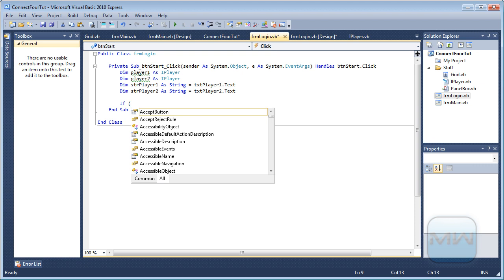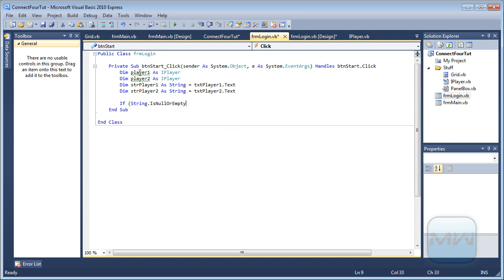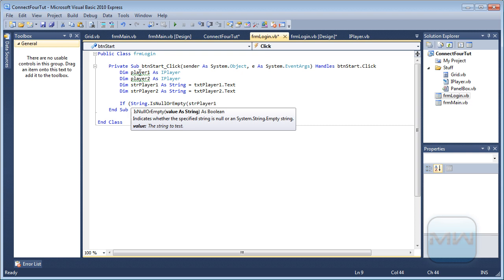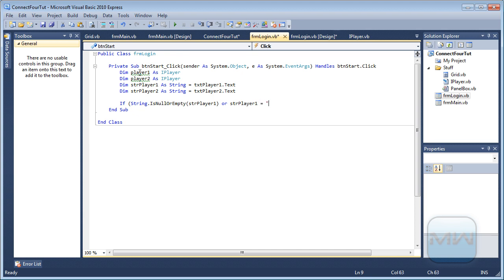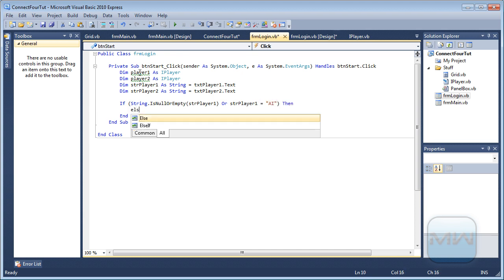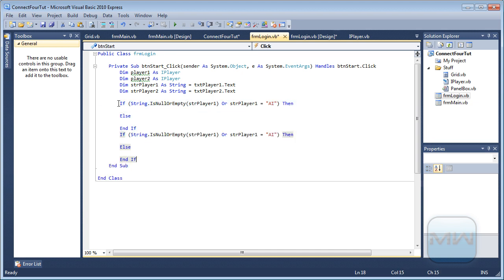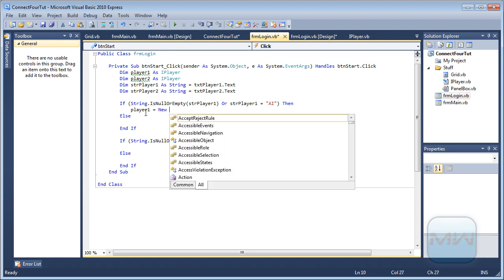Now we want to work with an If statement. If String.IsNullOrEmpty(player 1) or player 1 equals AI, else. And you want to copy this and just change to 2. Now here player 1 equals new,